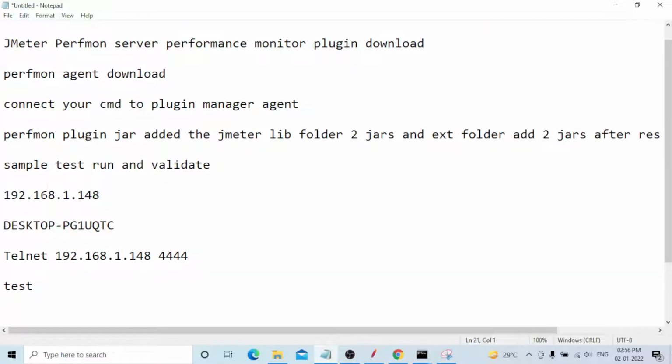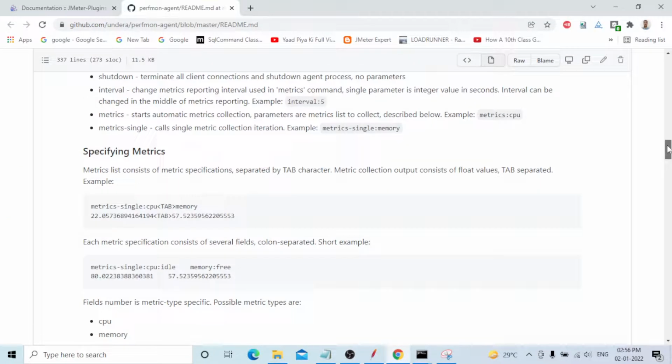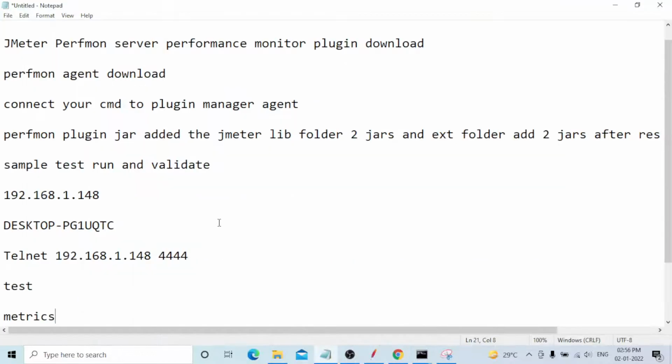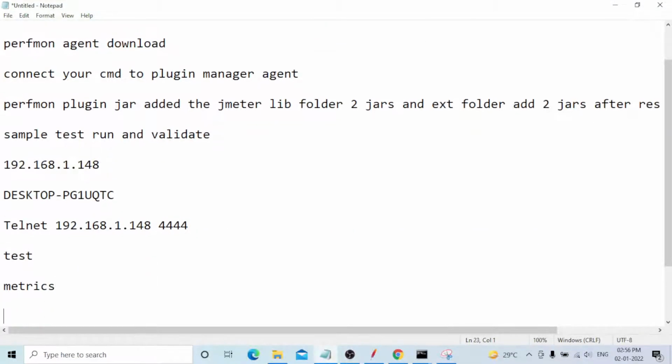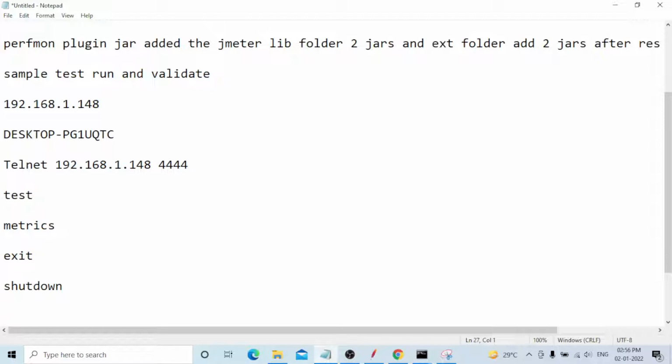You need to type it exactly the same, otherwise it's not received. Metrics, after that exit or shutdown. These are the commands we'll generally use.